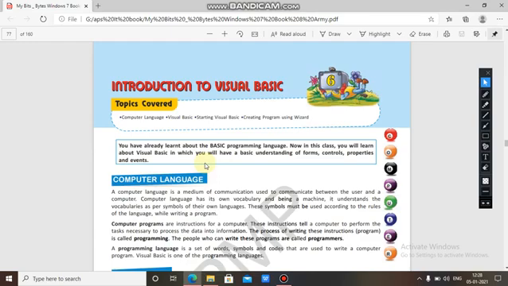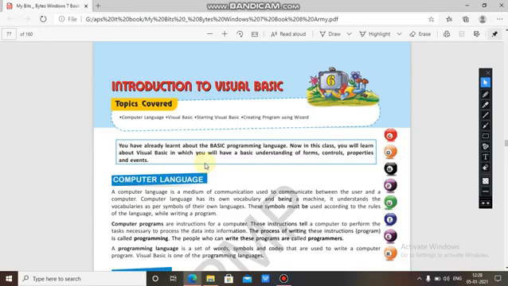So again, you need a platform. Every programming language has its own compiler, which provides us a platform to write the code. So for this also you need to install Visual Basic on your computer. After installing, you will be able to create educational programs, as we have seen, teaching science, maths, language, history, geography, as well as accounting programs and games.